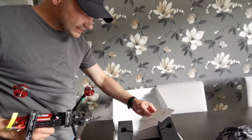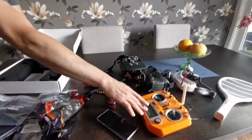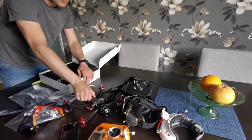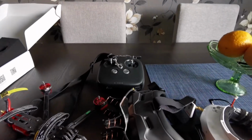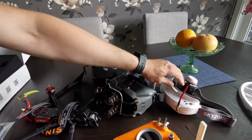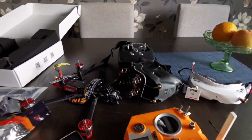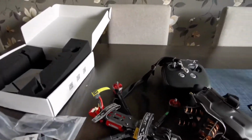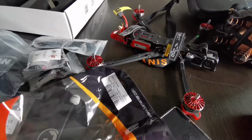So that's it. Gonna use this for crossfire, for long range, 10 kilometers plus. This is DJI, and this is DJI V2 HD, and this is analog Sky Zone V2. That's it. Okay. Now just must put these antennas and